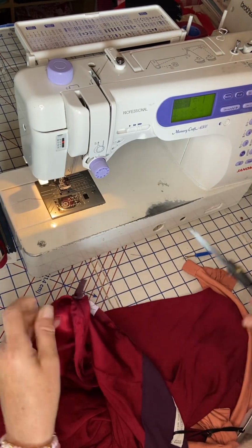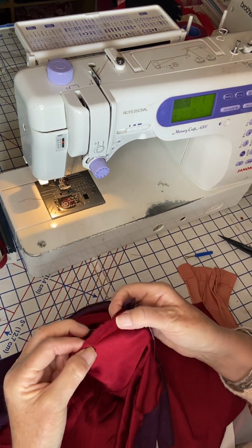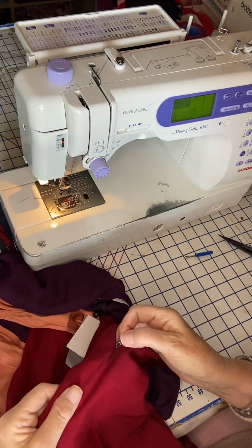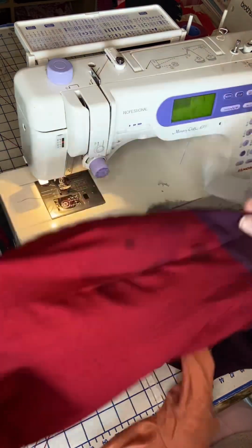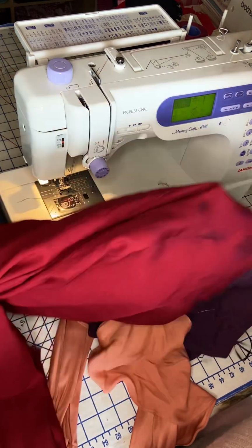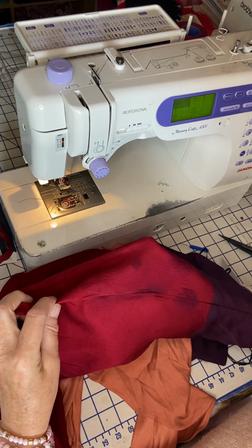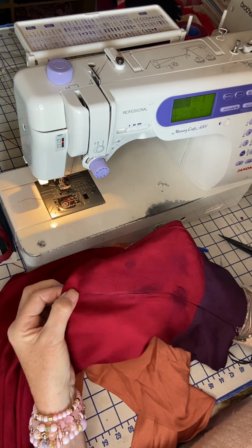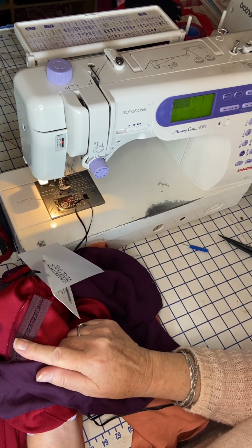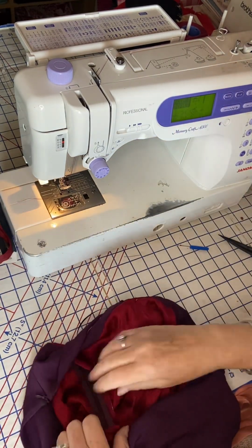Okay, so this is just tacked in at the moment. And then I've also hand tacked a little bit across there just to see how the zip is going to lie. And then I've come along and I've given it a press, and you can see what my steam iron is doing. So I know that I can actually come and stitch a bit further across without any problems, and stitch up to underneath the zip to make that bottom seam fit. So that's what I'm going to do next, is to get that bottom seam in place,